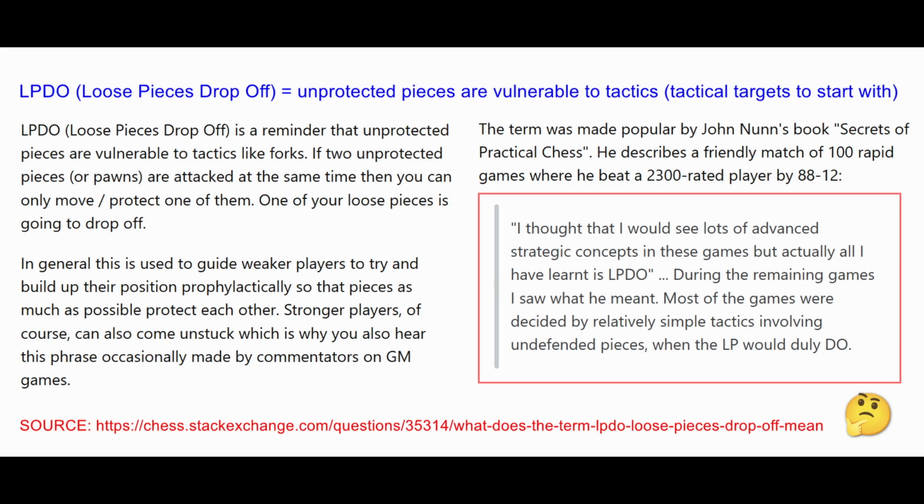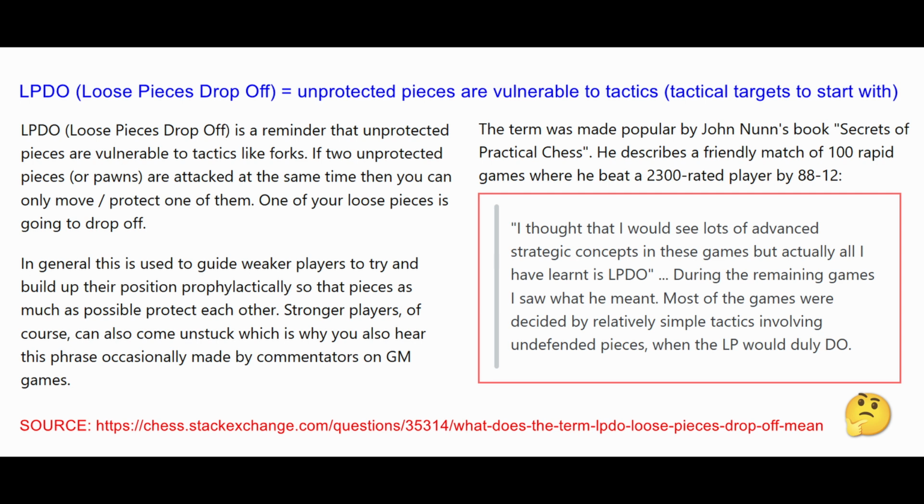Hello guys, this time we'll be looking at the idea of the hanging pieces. As I just mentioned in recent videos, we have the hanging pieces, aka LPDO, loose pieces drop off. They are the pieces that are not protected and therefore they are vulnerable to tactics. They are the targets, or tactical targets to start with, if you are just looking at the position from the tactical